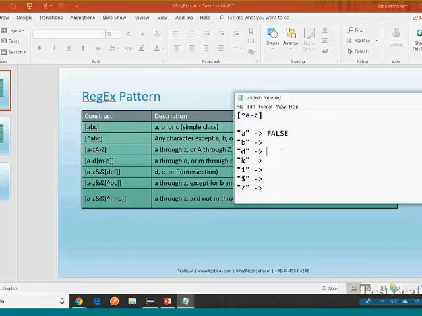Then B should also be false. D should be false. C should be false. One is true, right? Because one is not A, B, C, or A to Z. Dollar is not. How about capital Z? It is also not, because it is not A to Z capital, right? So when I put A to Z capital,